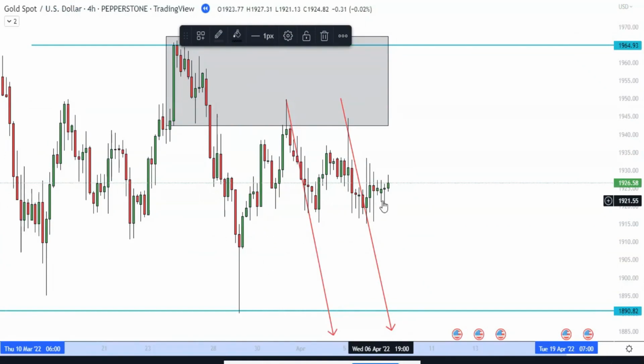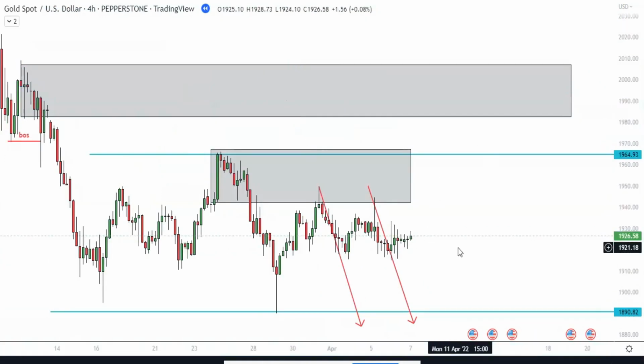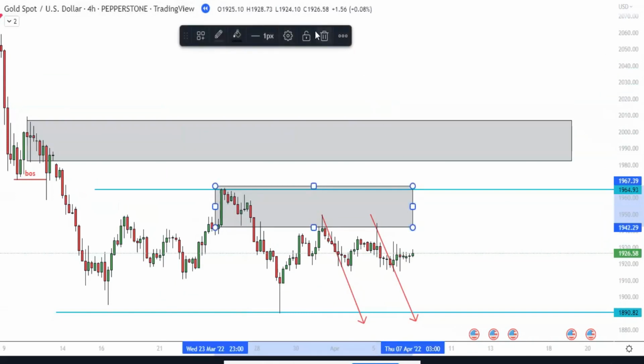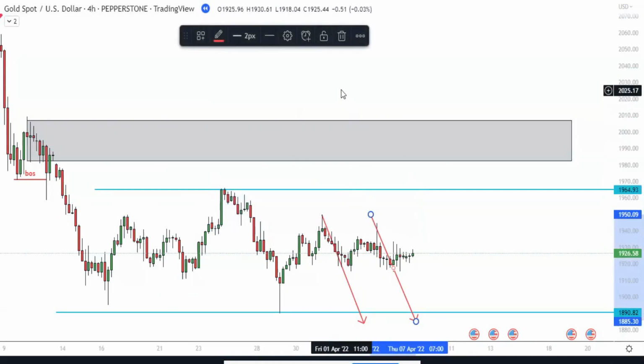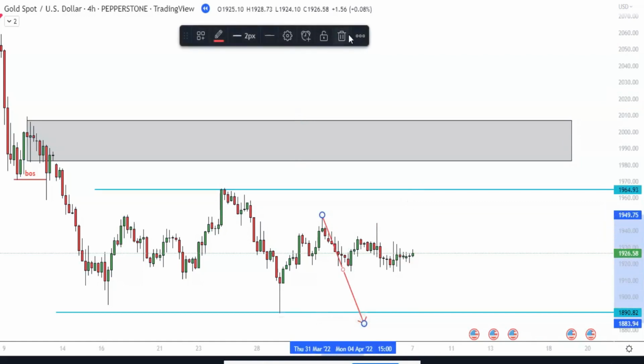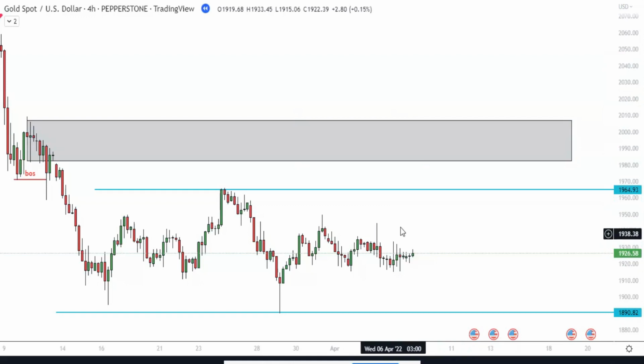If I was here, I would be looking for buy entries, but these are counter trend entries, so you have to be careful, as we are taking counter trend entries. Anyways, if I wanted to take them, given that this is on big time frames, you may not wait all that long for the market to reach here. You can look out for some opportunities so that you reach this area. If you expect prices to be tapping in here, it's really important as you trade to know where you're coming from and where you're going. So if I was buying there, personally,